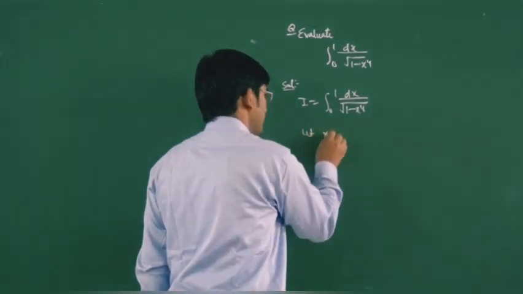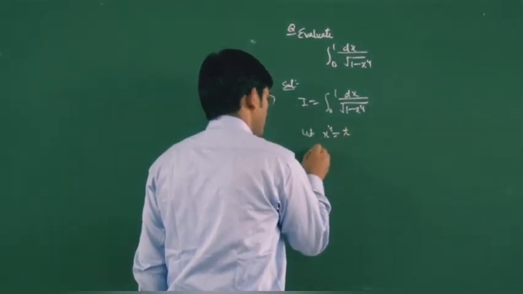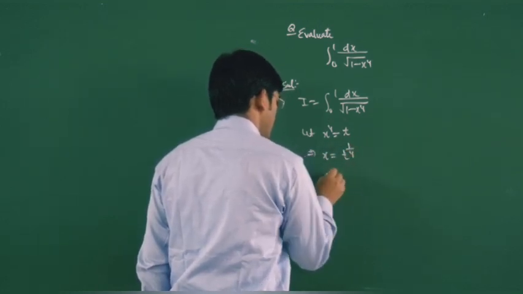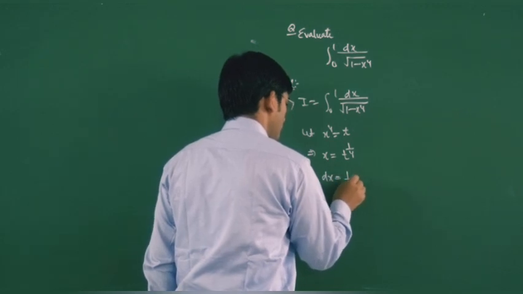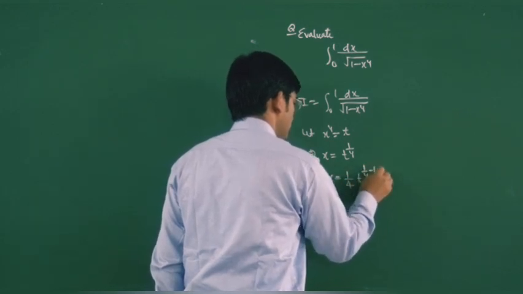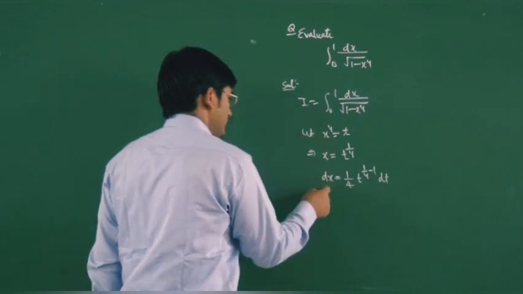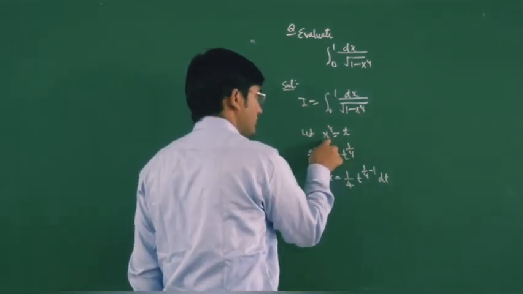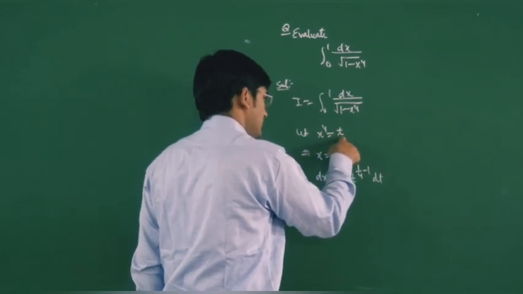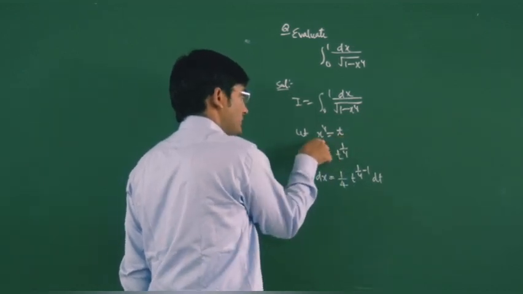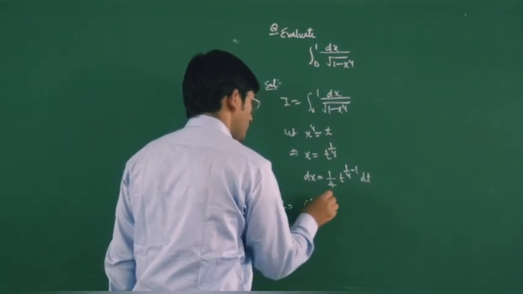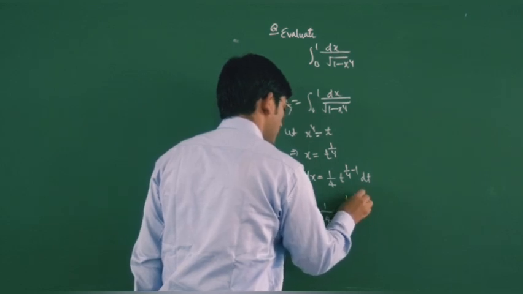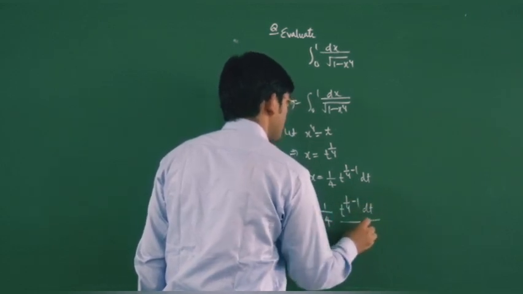So here I am using x power 4 equal to t. So our x will be t power 1 by 4, and dx will be 1 by 4 t power 1 by 4 minus 1 dt. So put these values here. So your I will be, there is no change in limit, because if you put x equal to 0, then t will be 0, and if we put x equal to 1, then we have t equal to 1. So this is equal to 1 by 4 t power 1 by 4 minus 1 into dt upon